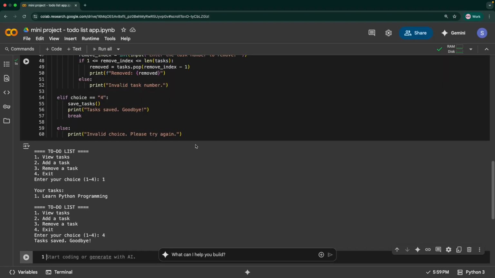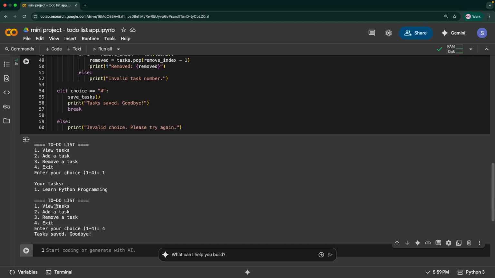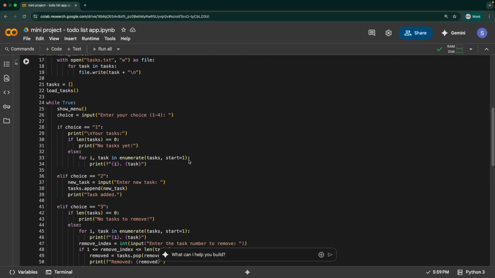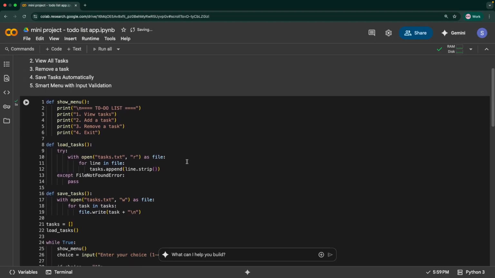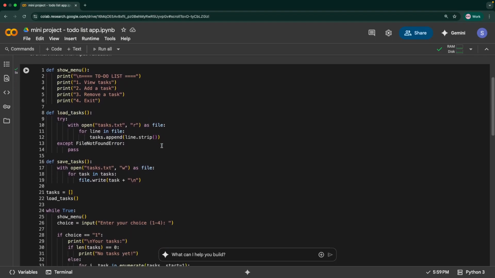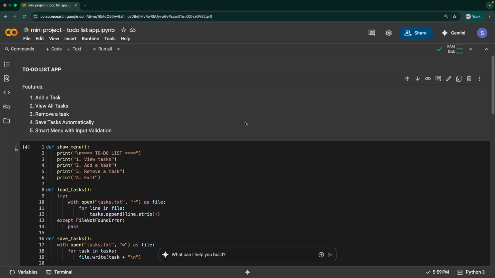So you basically have the options to view tasks, add a task, remove a task, and exit, but we have also added input validations, error handling, and mainly the file handling point in order to persist the tasks that we have taken in the list. So that is how this entire application works. I hope that by now you know all the different features that we are providing. Now let's go through the code and understand the different functions and what we have done in order to accomplish this. That will be the next part.